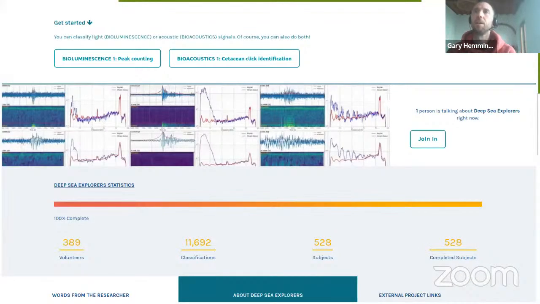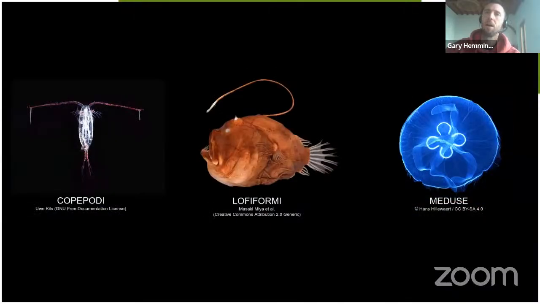So what did we do with the data from KM3Net? Well, we set up two workflows, as they're called in Zooniverse. One related to bioluminescence and one related to bioacoustics. These are objects which are recording light. Obviously, at that depth, you're hoping that there's not much environmental light around, but there is some which is produced in the form of bioluminescence by various different creatures, and which dirties slightly the data that we have